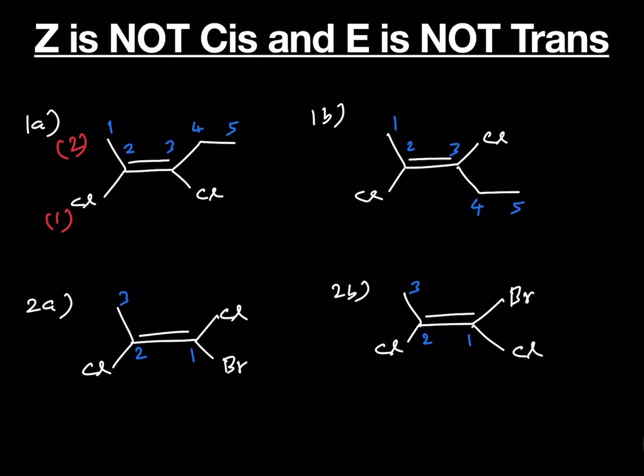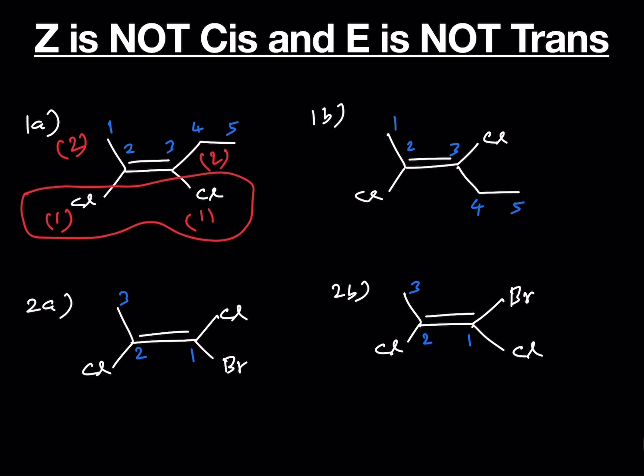Carbon's atomic number is 6 and that gets the least priority. Likewise here too. So our higher priority is here on the same side and therefore this is a Z isomer,